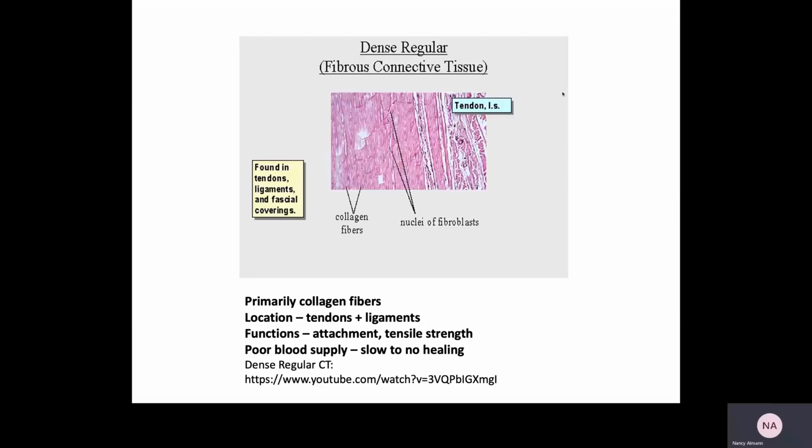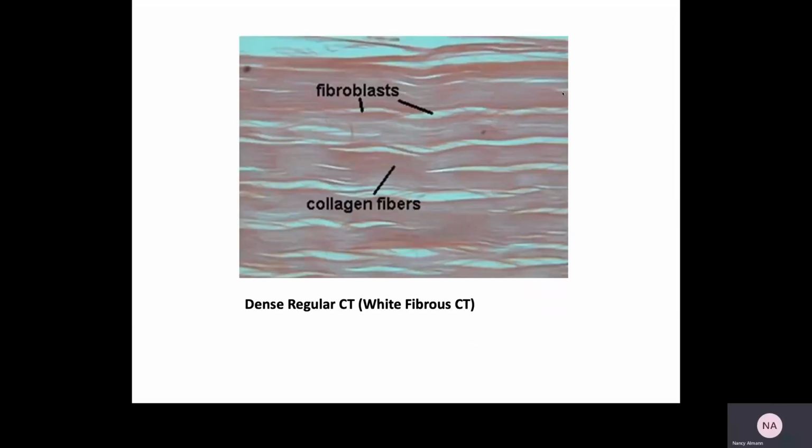If you've ever had a ligament problem or a tendinopathy like tendinitis, it takes a very long time to heal because of lack of vascularity. And this is what it looks like. Types of cells that will be associated with it will be fibroblasts. And again, you're going to have these parallel bundles of collagen fibers, which also often kind of look wavy